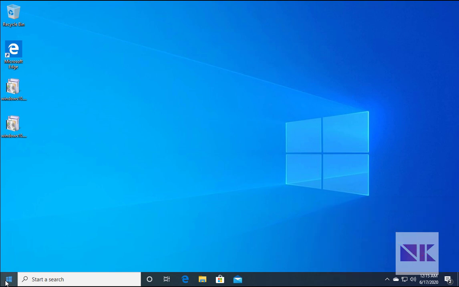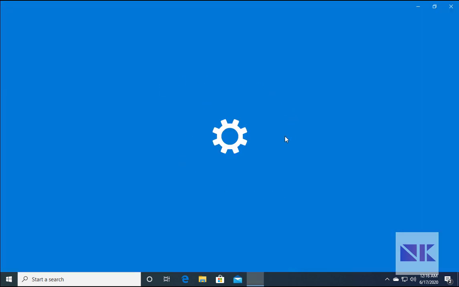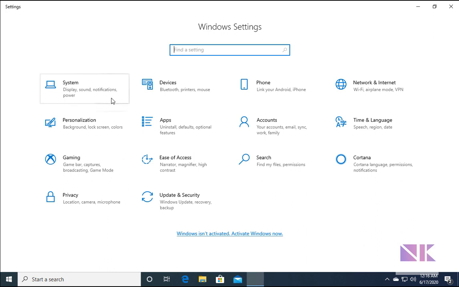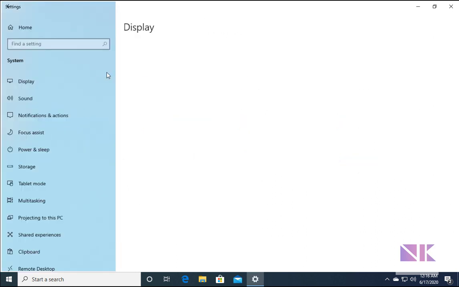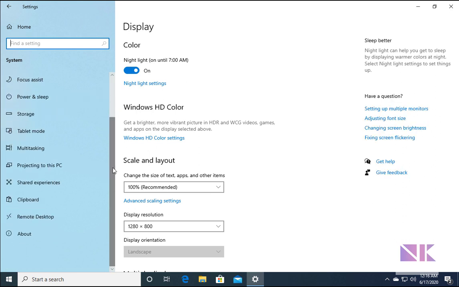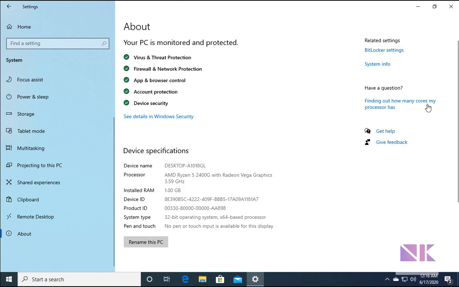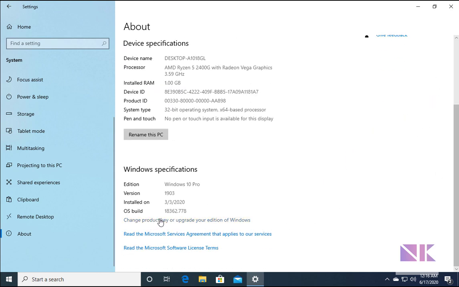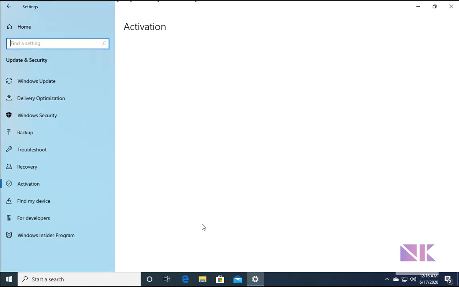But the real question is, does it really activate your Windows? Activating Windows is a different process. You should have a genuine copy of the Windows operating system and a genuine license key, and then you can activate Windows. You cannot activate Windows by just doing a registry key. So just check if Windows is activated or not. Just go to Settings, then go to System, and then About. Scroll down, check for Change product key or upgrade your edition.